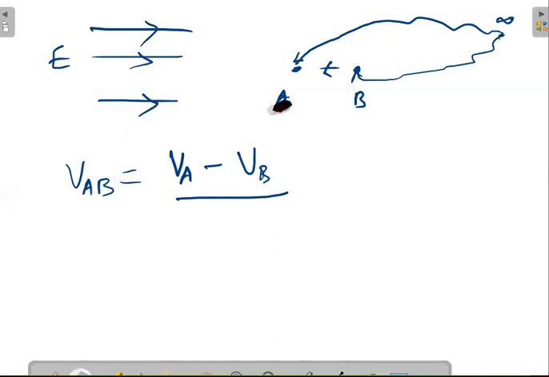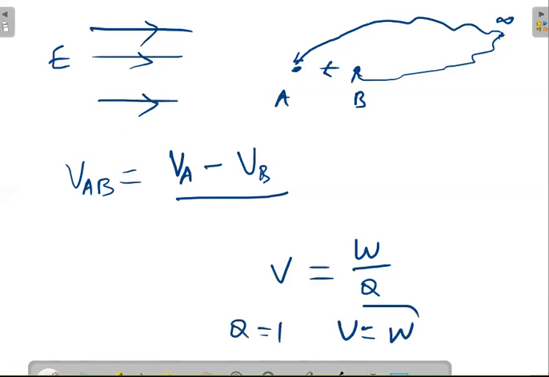Now, if everything is okay, then we will calculate the potential due to a point charge. What is the potential due to a point charge? Please note down on this page: work done for a unit positive charge is voltage. When Q is equal to 1, this should be very clear, voltage and work done are the same. Whenever you come to voltage, you should think that your moving charge value is 1, a unit test positive charge.